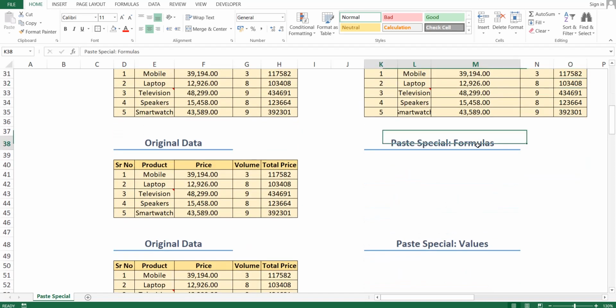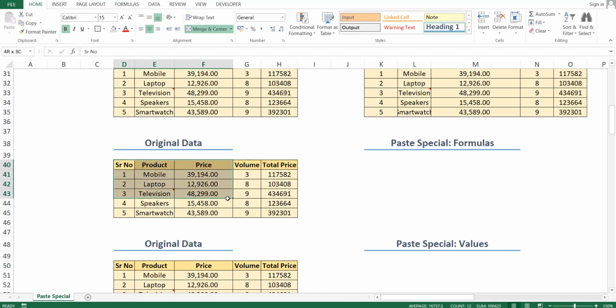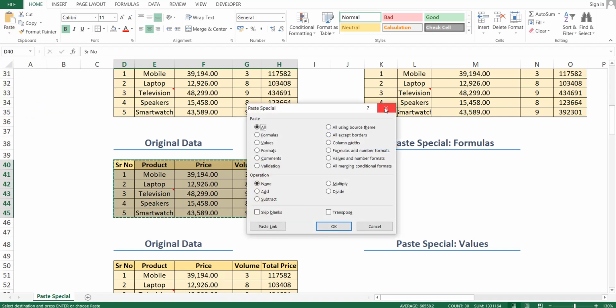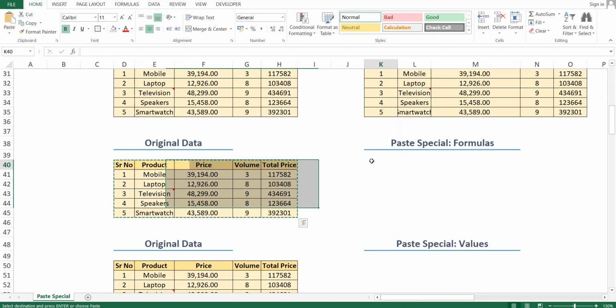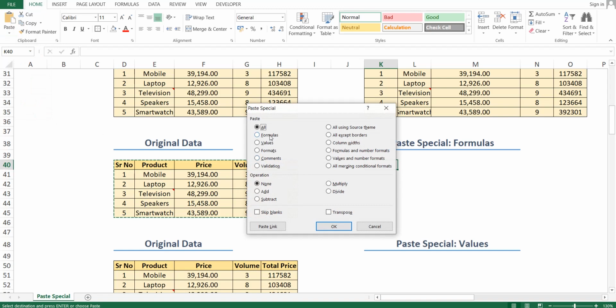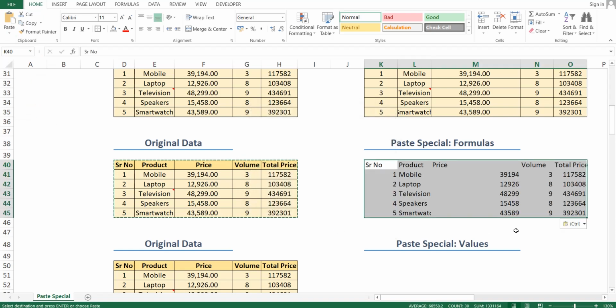Our next option is special formulas. Let's see what we will get. First we will copy the original data, then go to paste special. Sorry, I forgot to select the desired location. First I will select the desired location, then go to paste special and now we will select the second option, formulas.